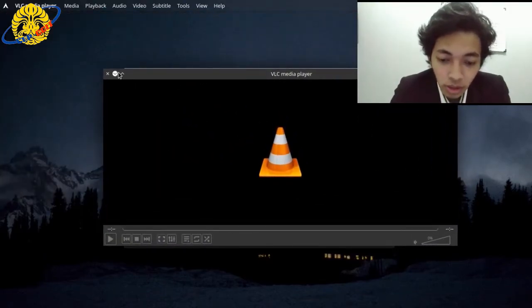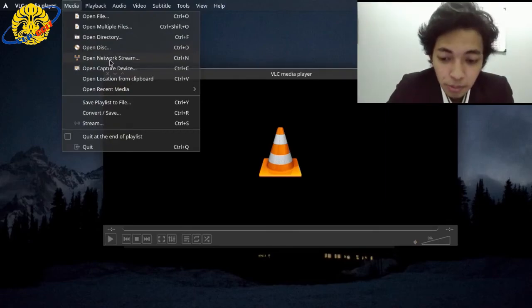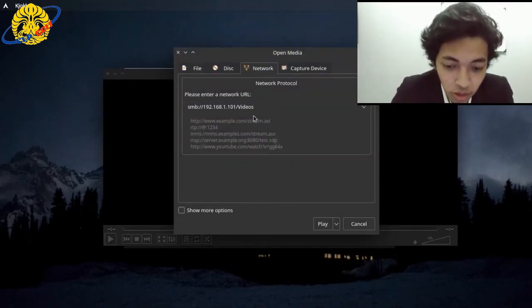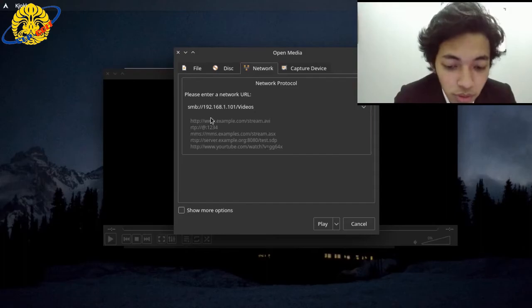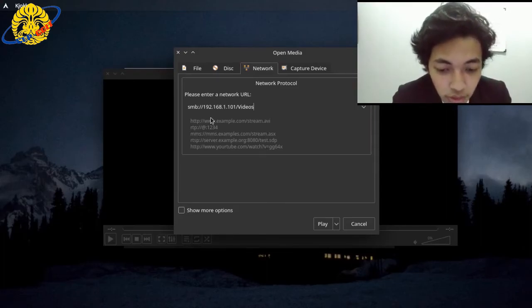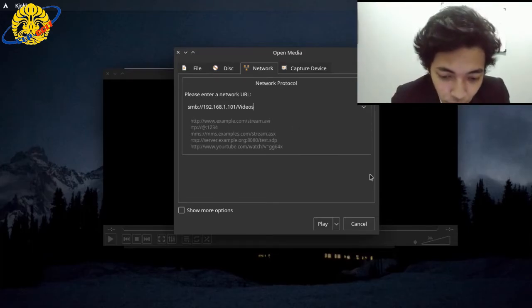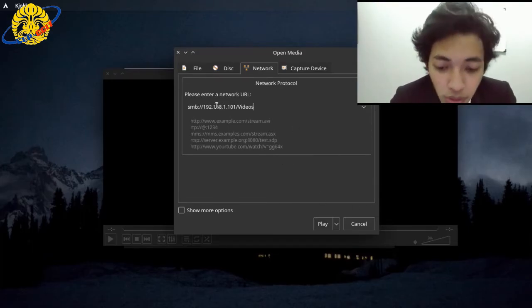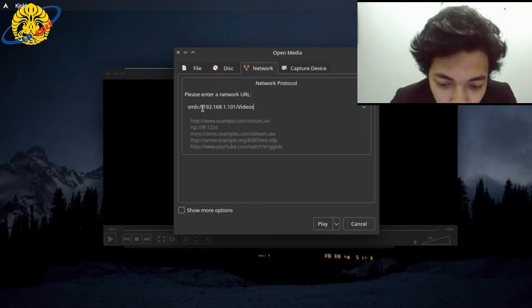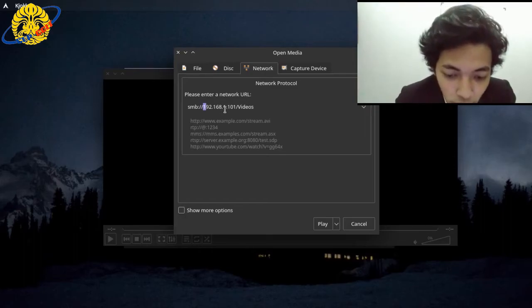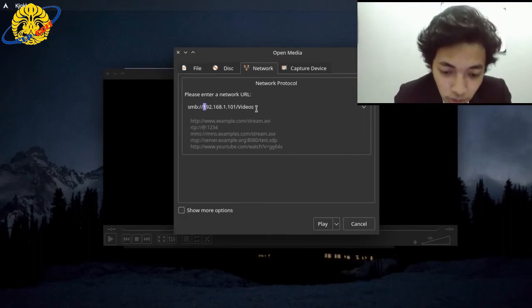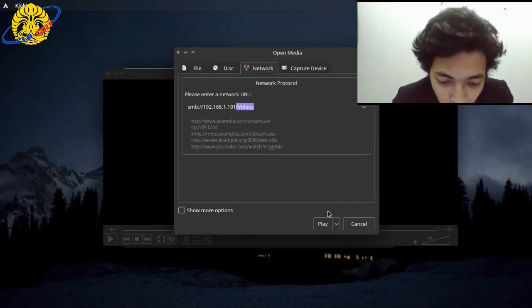After we are opening our VLC media player and click media, open network stream, and here we put our server address and the mount point of our folders. In this example, my server address is 192.168.1.101 and the folder is videos.